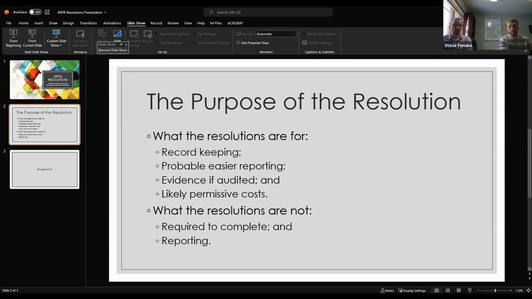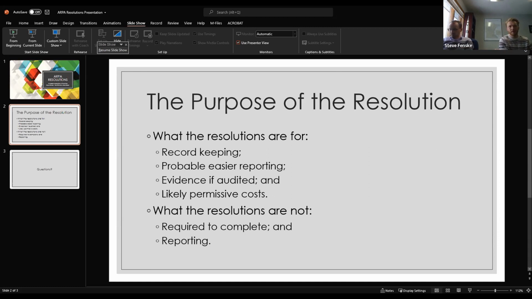What these resolutions are not meant to do is, one, they're not necessarily required. They're good, they're helpful, they shouldn't take a lot of time. The clerk will maintain these, but they're not required by law to spend ARPA funds. Next is, these are not reporting.